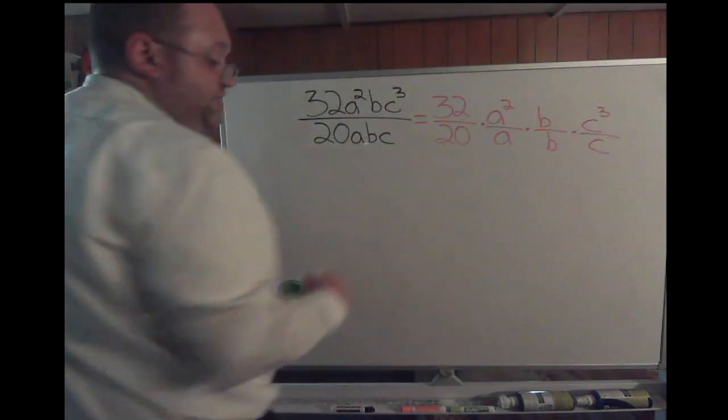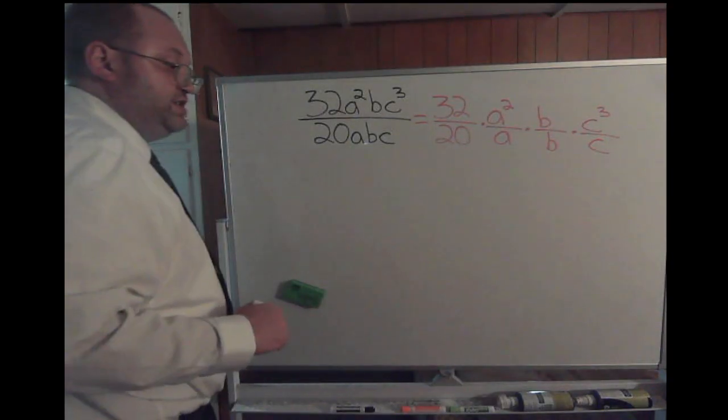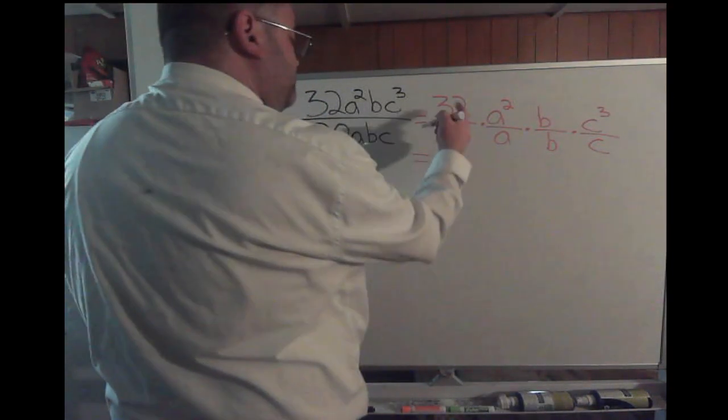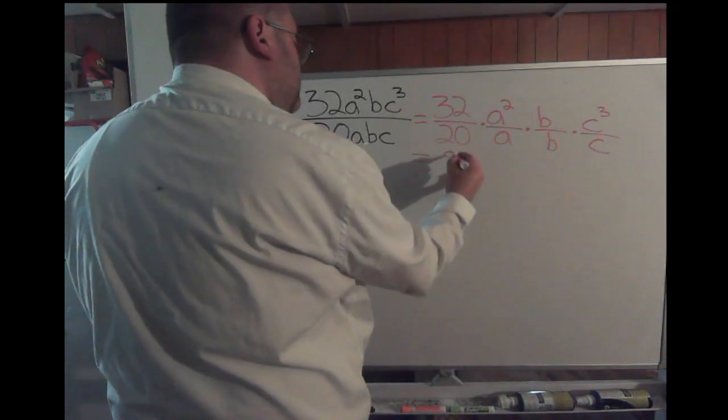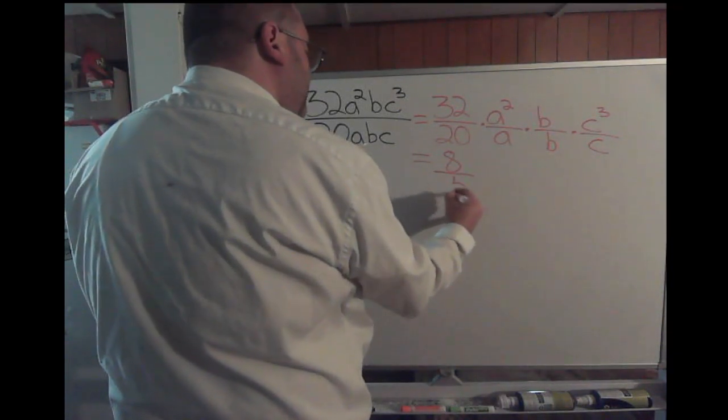Let's deal with the 32 over 20 first. What's the greatest common factor of 32 and 20? I'm going to say 4. So if you divide 32 by 4, you get 8. You divide 20 by 4, you get 5. So you'll have 8/5